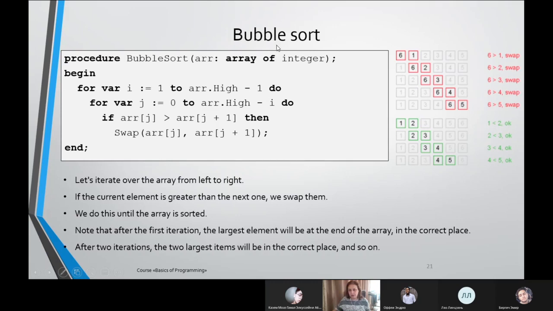Why do we use this name? Because it works like when we boil water: the greatest, the biggest bubbles go up. So we take the greatest and we move it. If we have it at the beginning, we move it up to the end, and the next one will be taken also, and it will be moved again